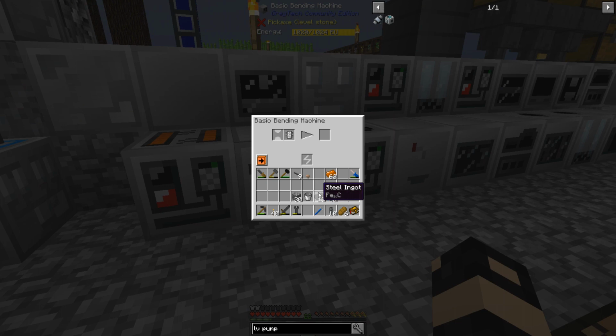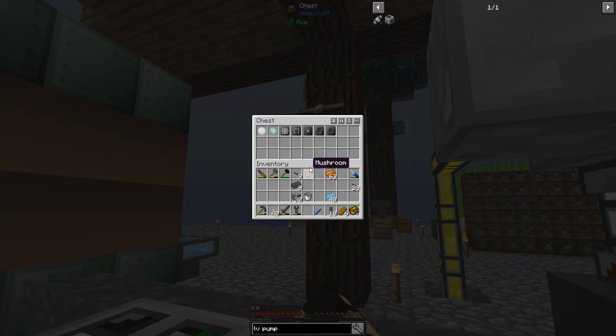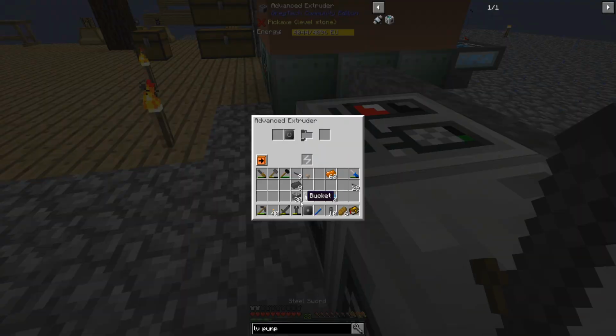Guess I can make a new one. I'm getting a bit low on steel though. Also, I did make an extruder here. And this makes rods, 1 ingot, 2 rods, as opposed to using the lathe, which is a little more convenient,